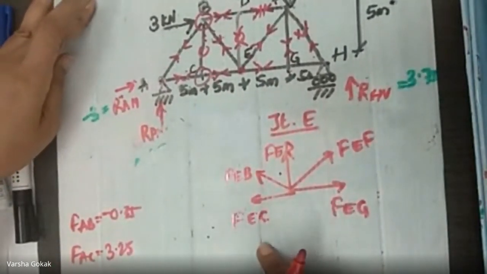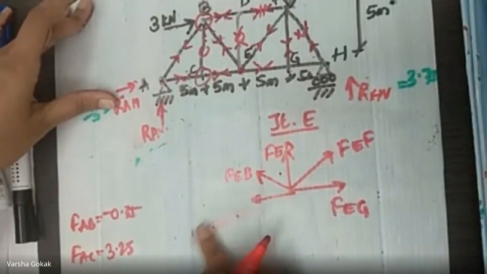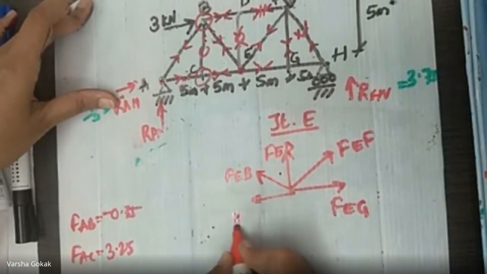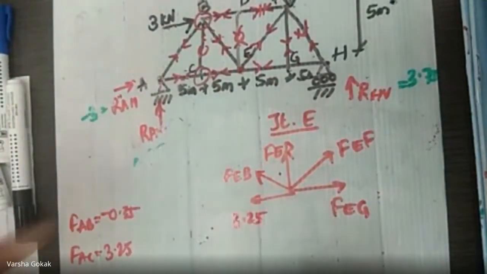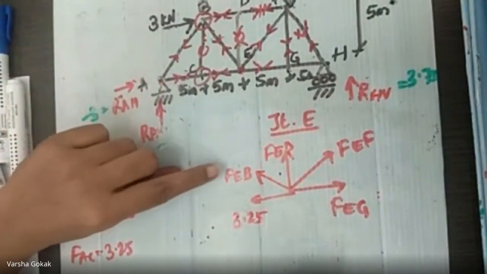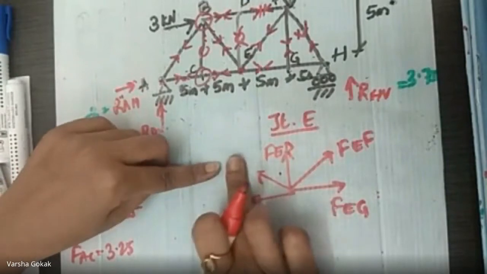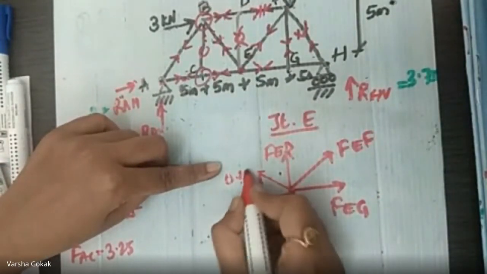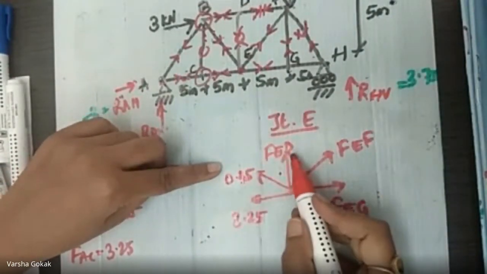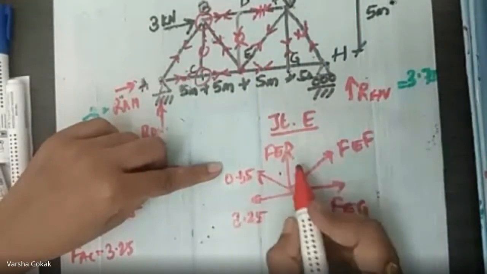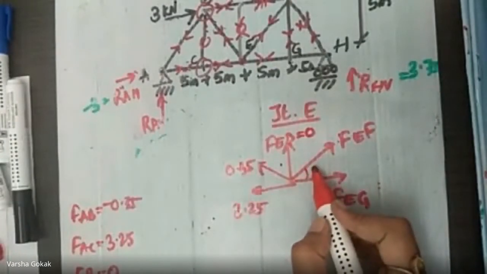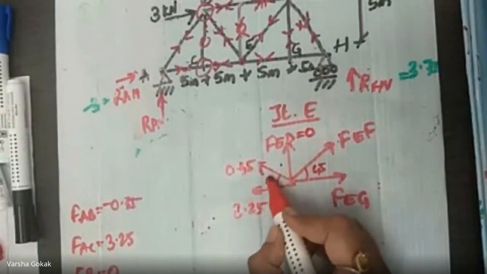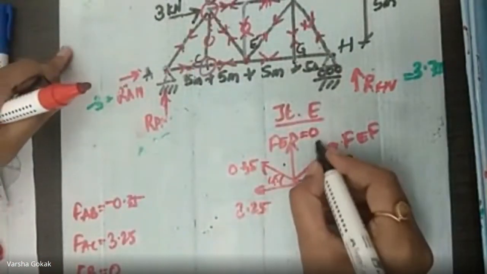Right? Here we know some of the values. EC or CE value is 3.25. CE and EC are same, no? So that value is 3.25. Then BE value is 0.35. Correct? And this ED value, that is DE value, is nothing but 0. Now only these two are there, and this I know is 45. This is also going to be 45.